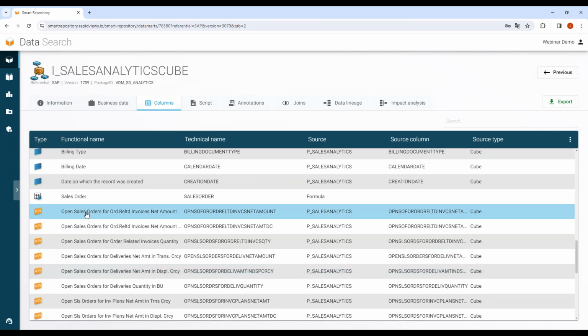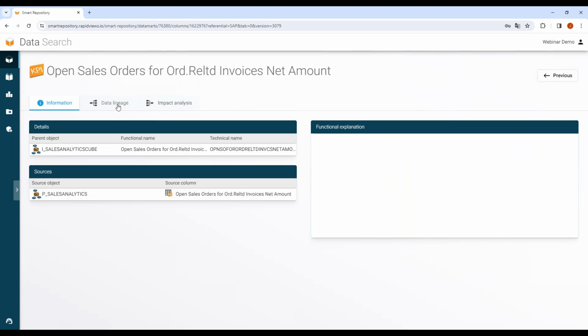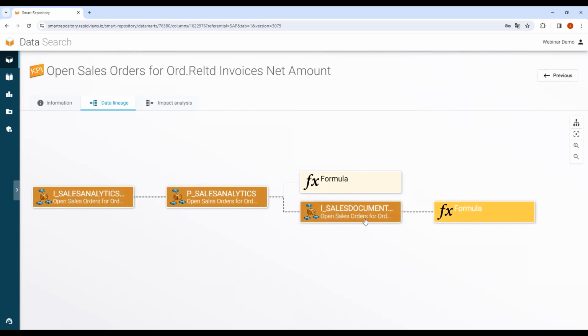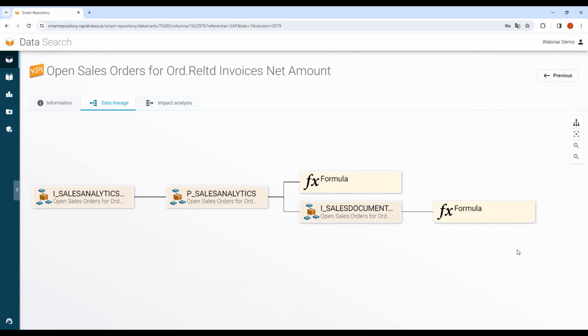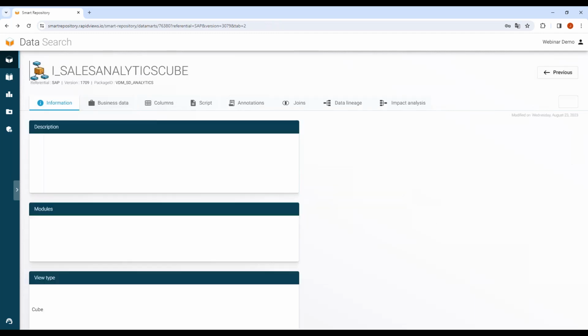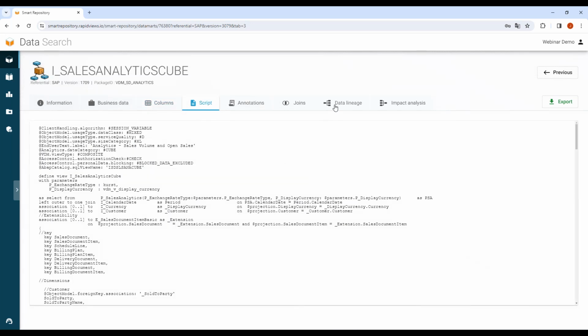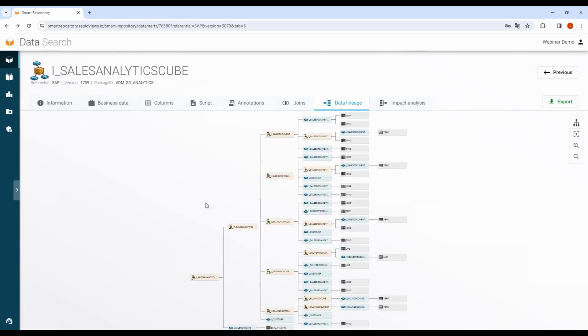If I open one KPI, I can see in the lineage of this KPI that it's a calculated KPI. This KPI does not come directly from an SAP table, but it's a formula. Any advanced formula that has been built within the CDS view, you will be able to find within our platform. I can see the script of the view and the data lineage of the view.